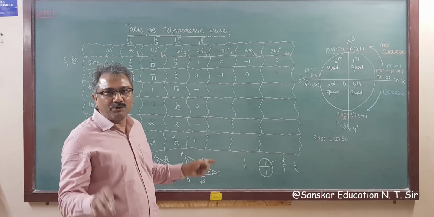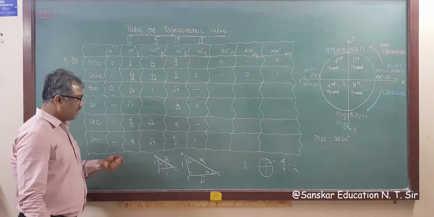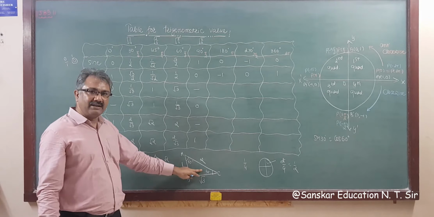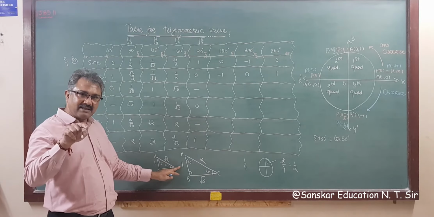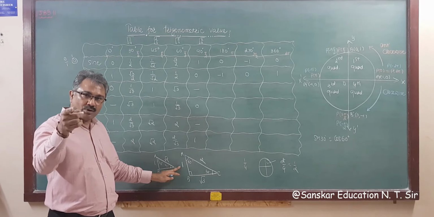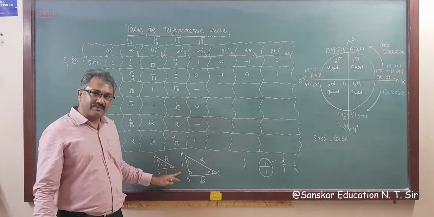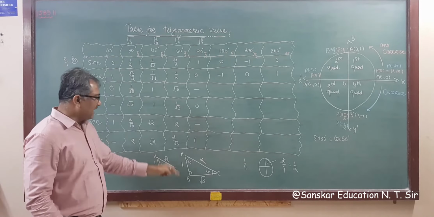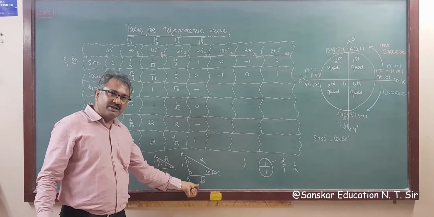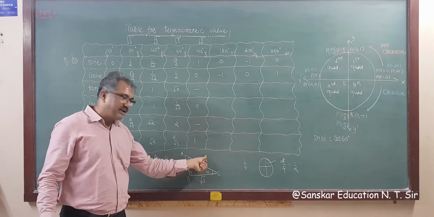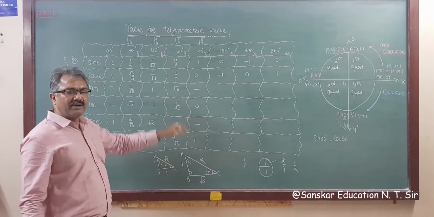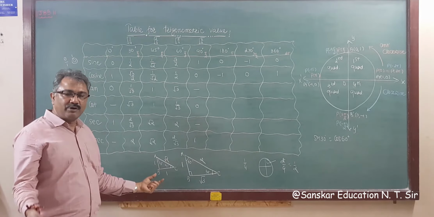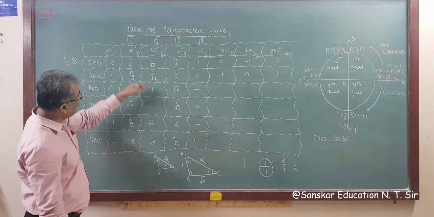आपको रट्टा मारने की कोई जरूरत नहीं है. अब यहाँ से देखो, आपको कोई भी एंगल फाइंड करना है, आप इजीली फाइंड कर सकते हैं. Suppose sin 30, then sin 30 means opposite upon hypotenuse, so it is 1 upon 2. See here, sin 30 is 1 upon 2, right? So sin 60 is opposite upon hypotenuse, again root 3 by 2. So you can find out any value using this right angle triangle. So you have to remember only two triangles and you can find out all values.